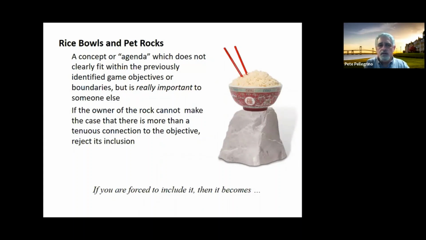The way you deal with rice bowls and pet rocks is called areas of interest. Now this is a little bit deceptive. Now I have future sponsors who are going to watch this video and go, aha, that's what they're doing. When we do areas of interest as opposed to objectives, basically what we're saying is, look, we understand that somebody has an interest in this. And if in the course of play it comes up, great. But we're not going to design to it. So we park it off in an area of interest column.